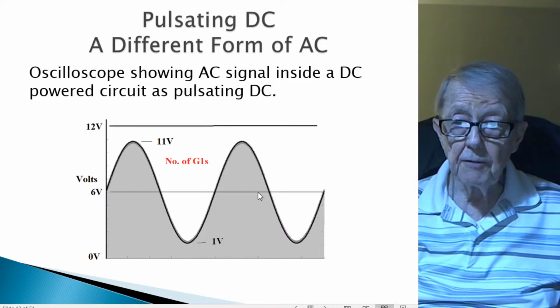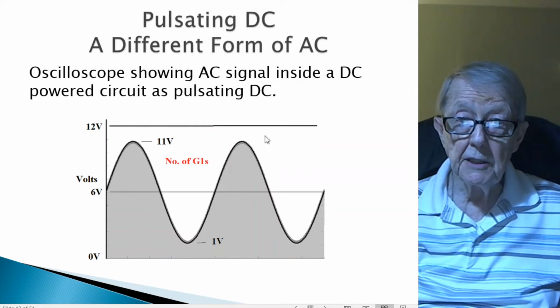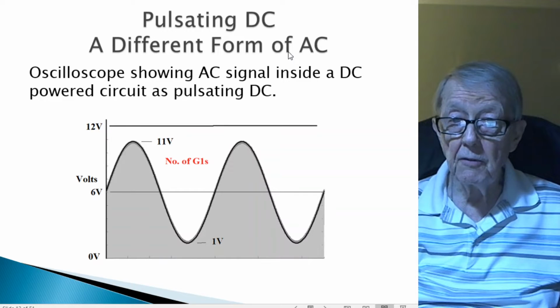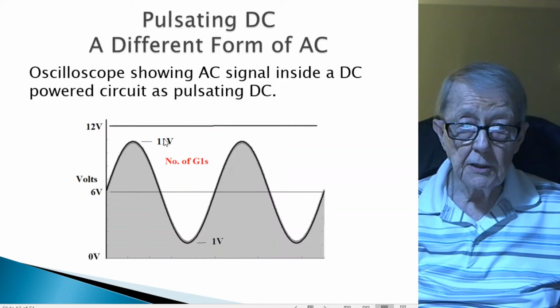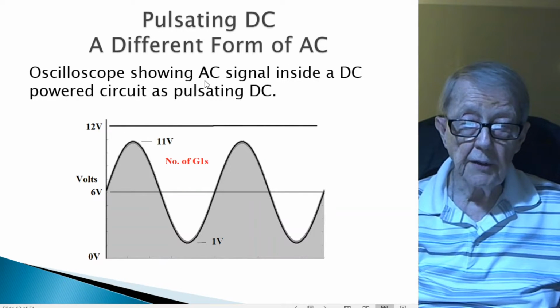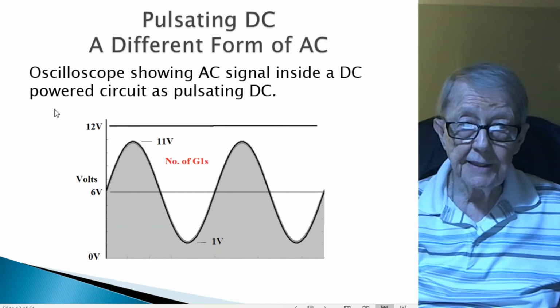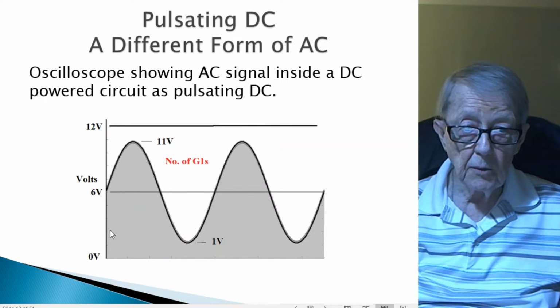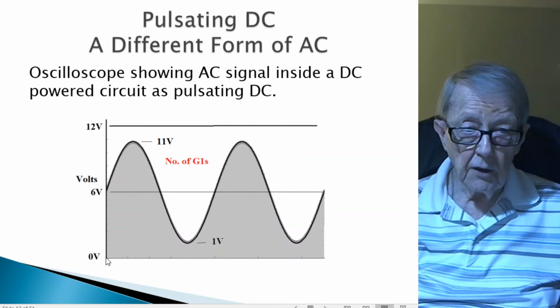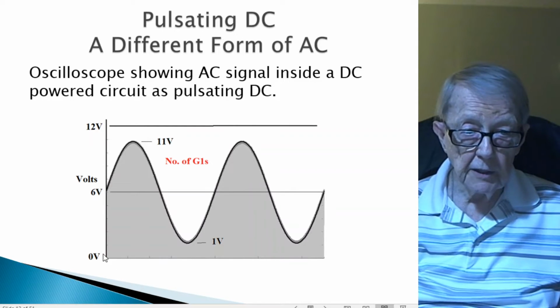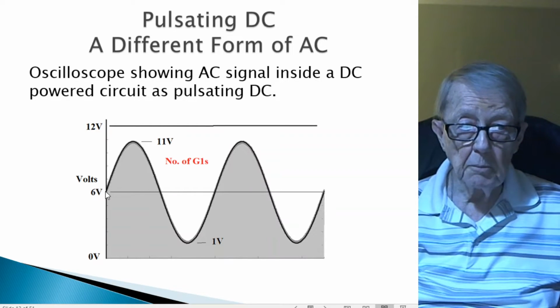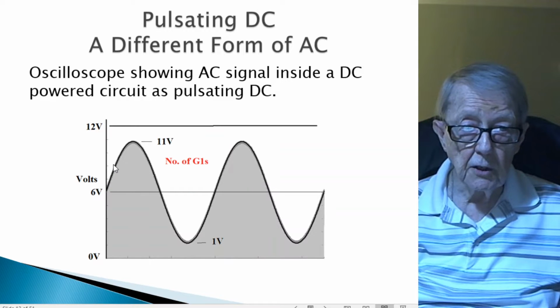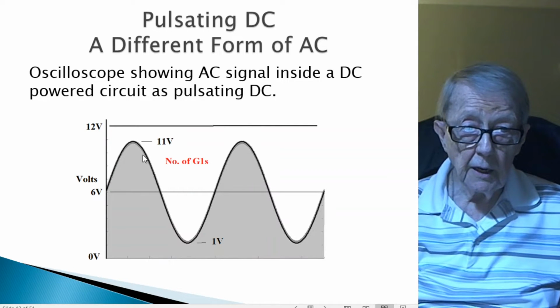Okay, the second half of this is about pulsating DC, which is a different form of AC. This is an oscilloscope picture showing the AC signal inside a DC powered circuit as pulsating DC. In other words, you have a DC circuit, in this case from 0 to 12 volts. The operating point here is at 6 volts, and you can increase the current